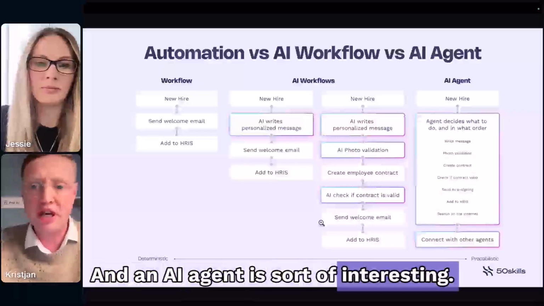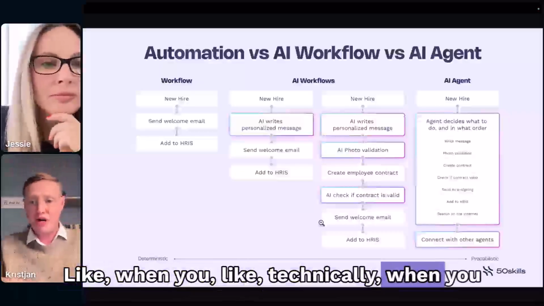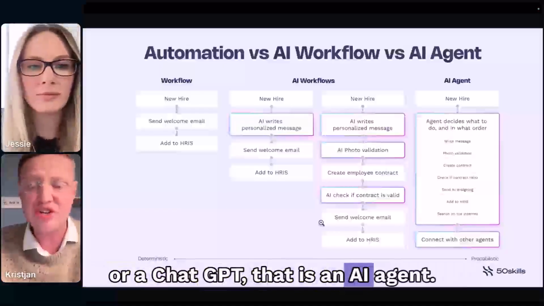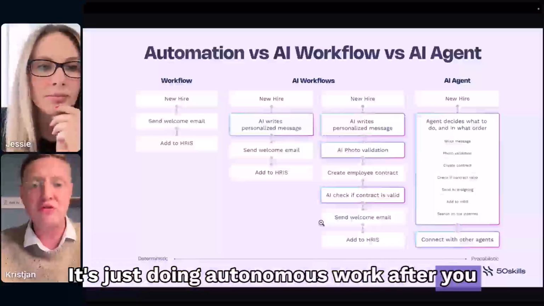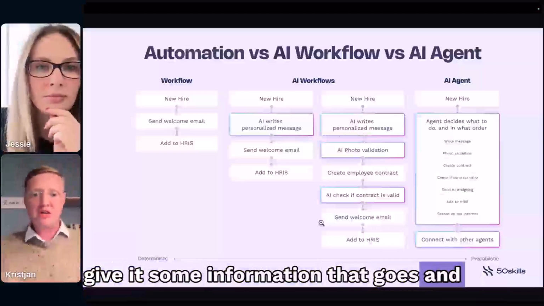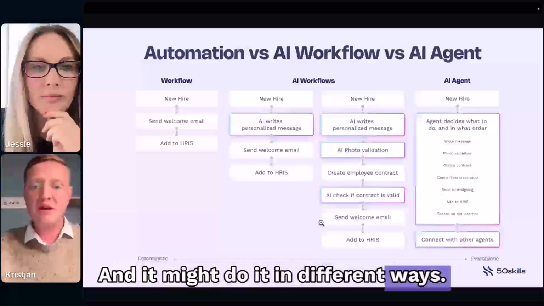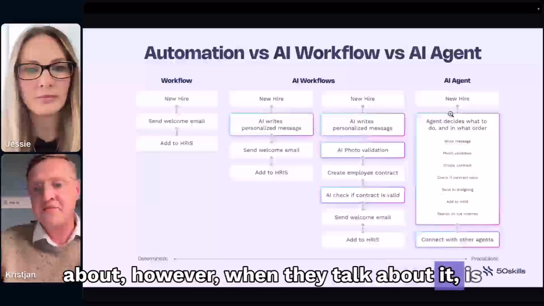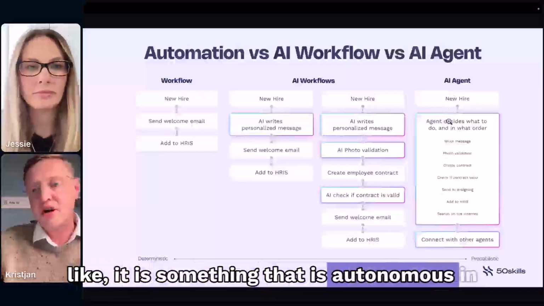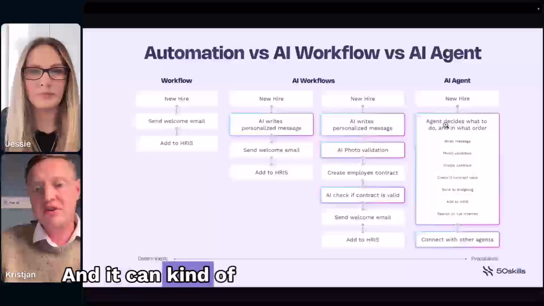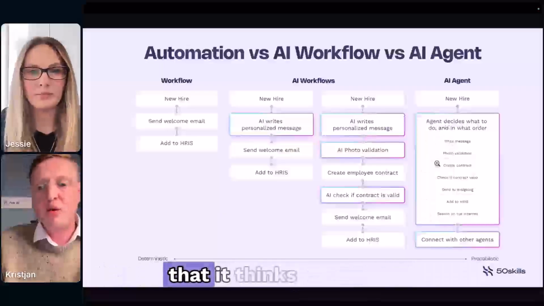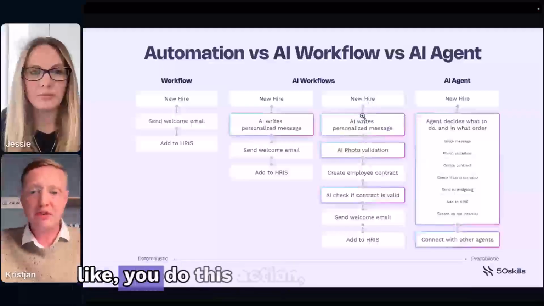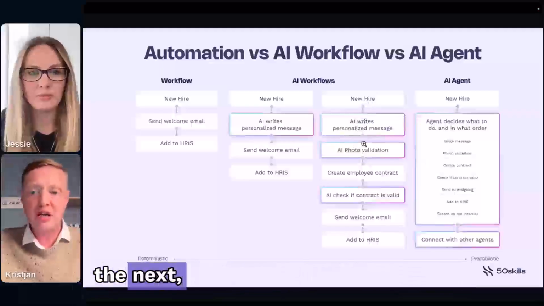An AI agent is sort of interesting. Technically, when you talk to just chat-based AI, like just a Claude or a ChatGPT, that is an AI agent. It's doing autonomous work after you give it some information. It goes and does some work, and it might do it in different ways. The difference, what most people talk about, however, is something that is autonomous in its decision making, and it can do the steps in the order that it thinks is right. So instead of doing it deterministically, like you do this action and then you do the next,